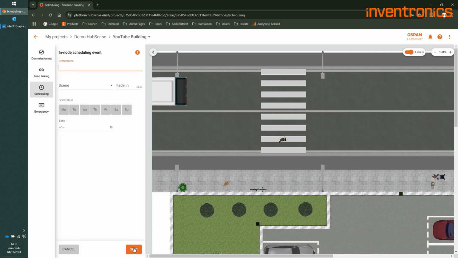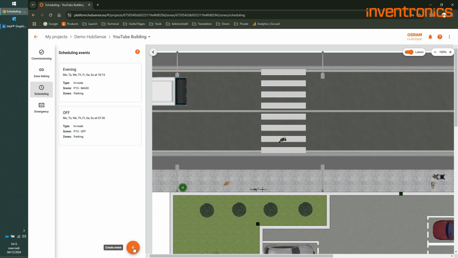So I create a turn off event every morning at 7:30 a.m. And if I notice that the lighting is too powerful during the night, I can create 2 other events.